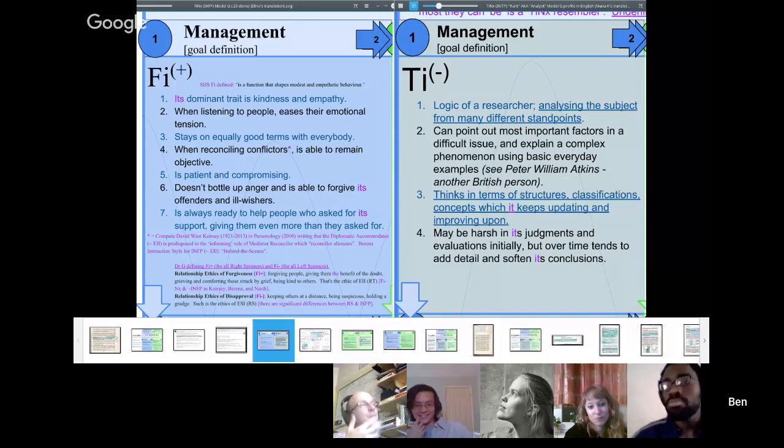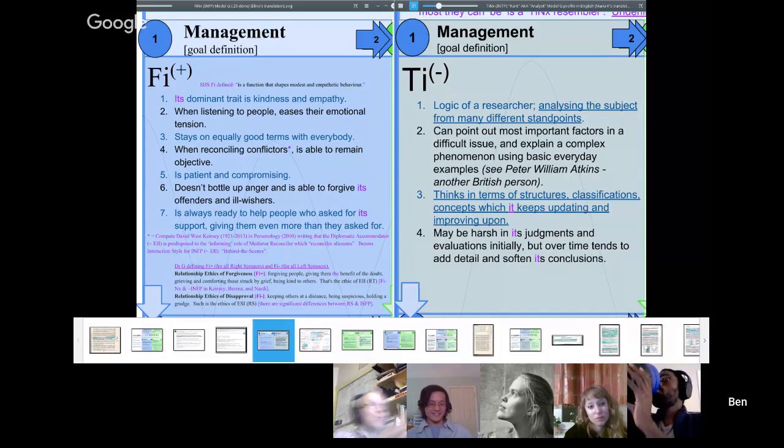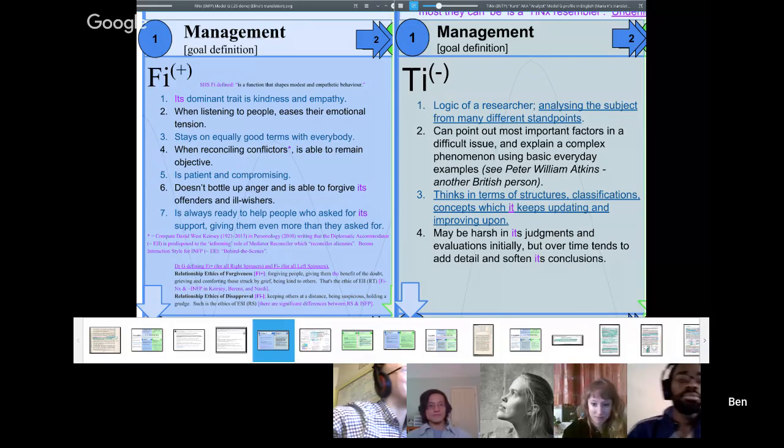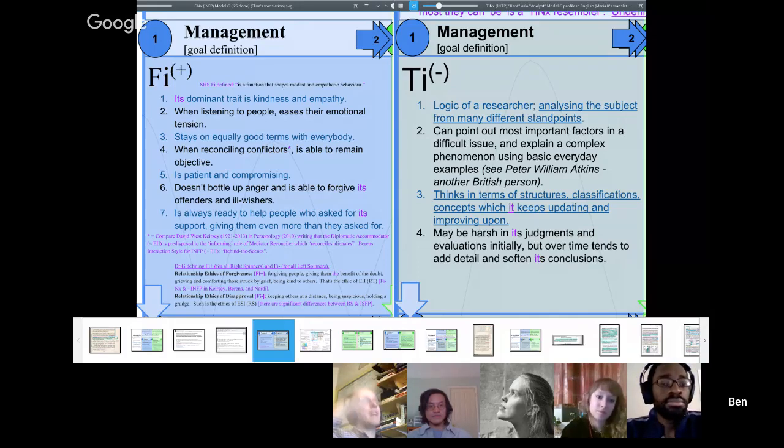Sometimes in these I've not moved that one around, but some of them I do come across those ones. Now, to be honest, one of these in the TI minus, I actually moved around from the original because it was such an outlier, and actually it wasn't in the TI, it was with the NI and the NE. I switched one around because originally Victor wrote in the NI section, sees connections between fields that are far removed from each other, and I thought, come on, that's a mistake, that should be in the NE box. And then in the NE box he had, when thinks about something will enter a brief trance, and I think, come on, that's not NE, that's NI.